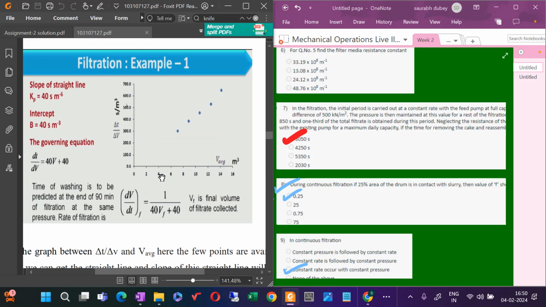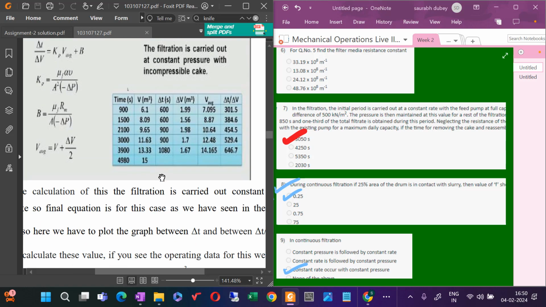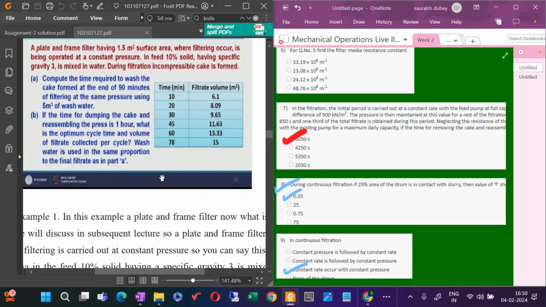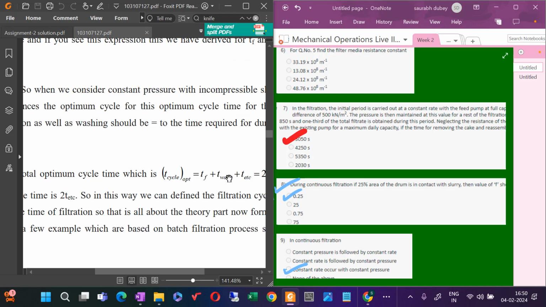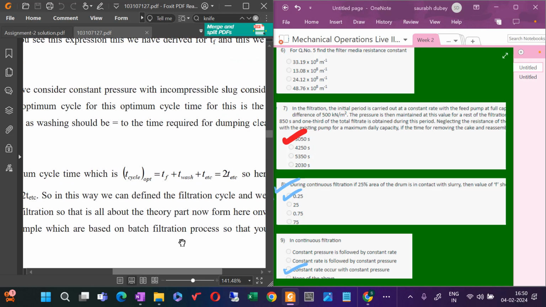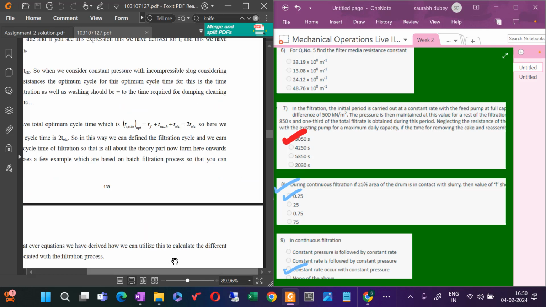So this is... these are very straightforward problems. Yes, here you see 2 etc. So the point is like